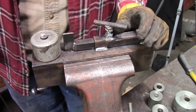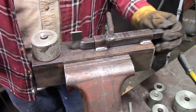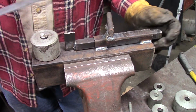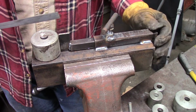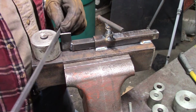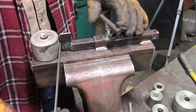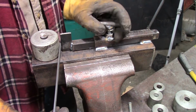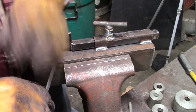All right, it appears to work. This thing moves in and out, accommodates way more than I'll ever bend in it, because this little thing here is a little too fragile to bend anything too big. I got a whole bunch of this 1/8 by 1/2 strap. All I'd have to do is close it up in there somewhere close. It doesn't have to be dead tight, so you just tighten it. And then conceivably, if this were hot,